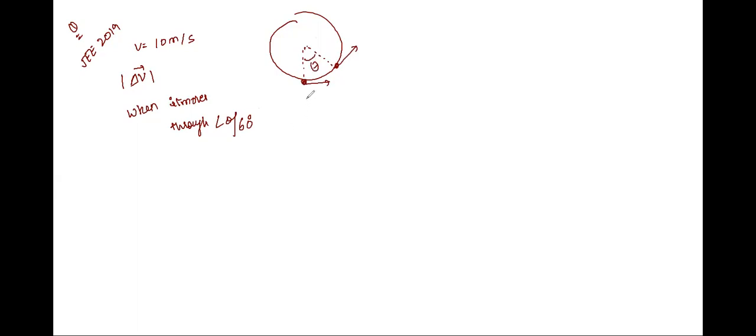suppose theta. So suppose here speed is v naught, speed is again v naught here, but the velocity has changed because the direction has changed, because velocity depends upon both magnitude and direction. Now you will have this change in velocity magnitude given as 2v sine theta by 2, right? All you have to do is substitute, and you will get the answer.